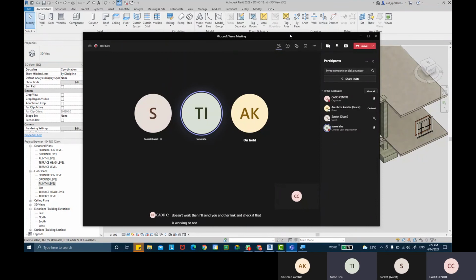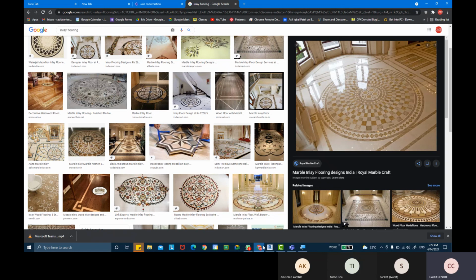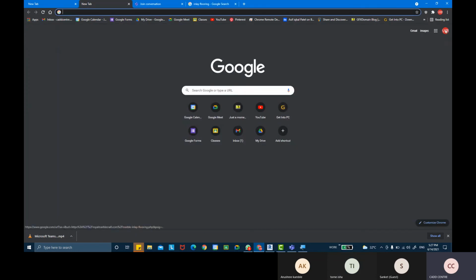Sir, actually, it states that the email through which I log in is not in the directory, so I'm not able to access. Okay, I have sent two links actually. Which one did you try? The second one, so I already have those videos. The first, till the 21st of May. Which video do you have up till 21st of May? Yes, one minute. Actually, in that link, there should be everything.